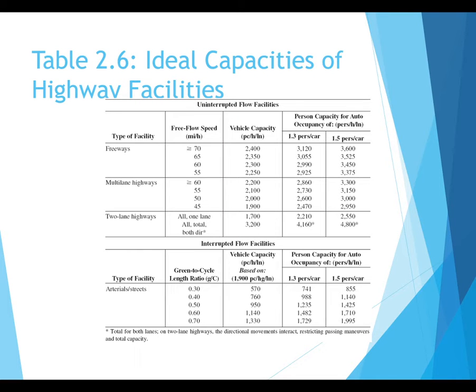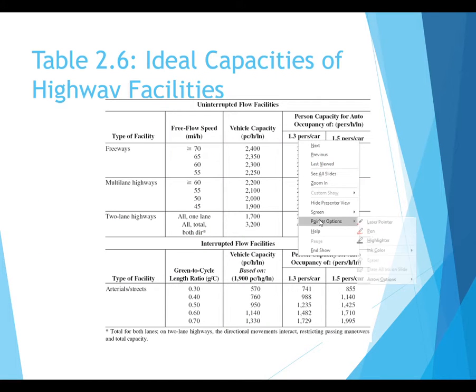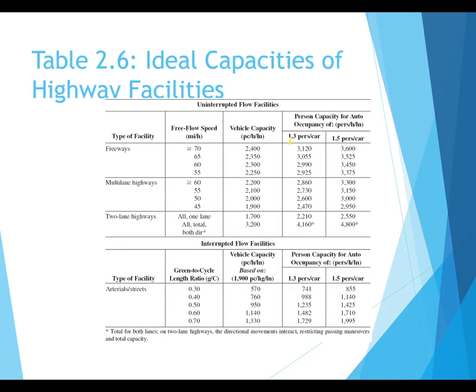We talked about this table a lot, and we solved questions with regard to vehicle and person capacity, given that we have two different assumptions. Let me just put a pointer so I can highlight whatever I want here. So here we have 1.3 persons per car, or 1.5 persons per car. These are assumptions. We can have more, we can have less, based on some traffic engineering strategies that increase the occupancy of how many people are inside the car.